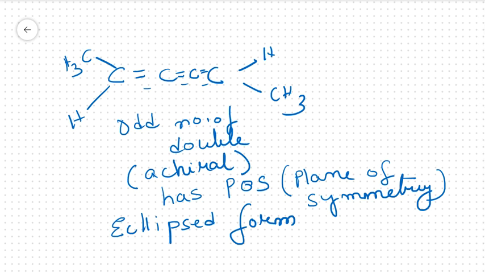If the number of double bonds is even, then only they will show RS configuration. Okay, so this is an important point and also a trick to understand if such things come in your exam. Now moving on to its RS conformation, let us start with this compound of allene.